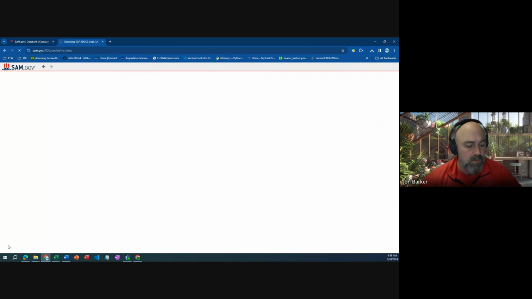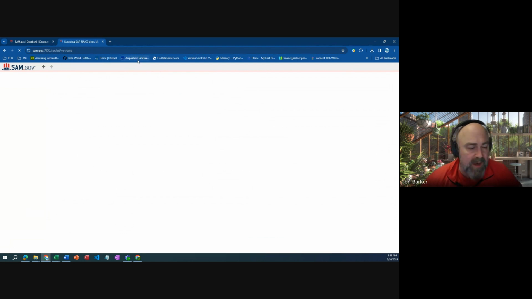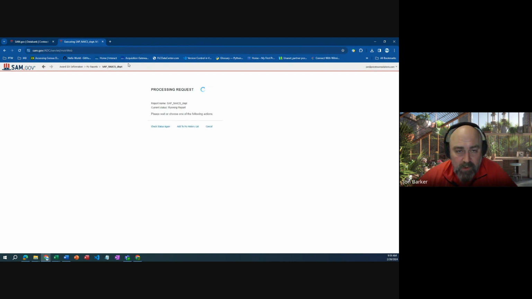I'm going to run this. So see a little circle going around, means it's working. First time I did this, I got all the spending in every agency. I'm sorry, in every department. So again, there's a wealth of data in this data bank here, and really depending on what you're searching for, you can get